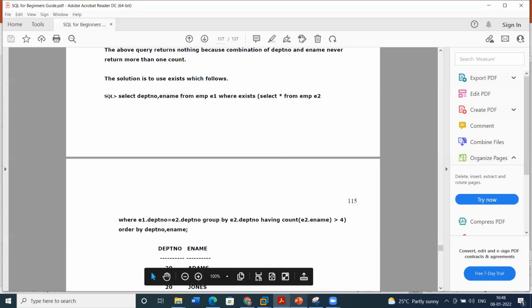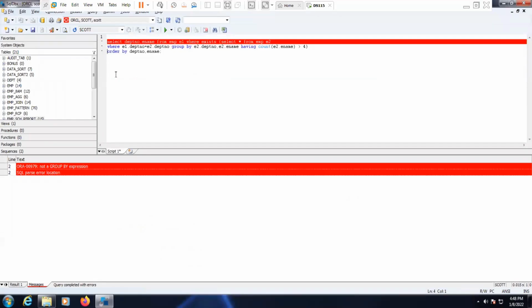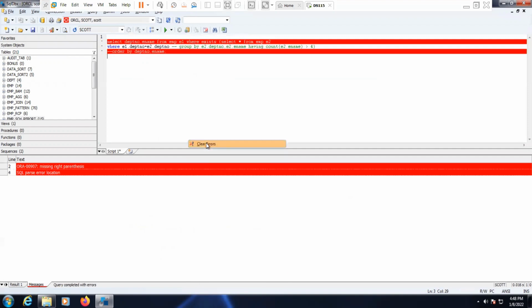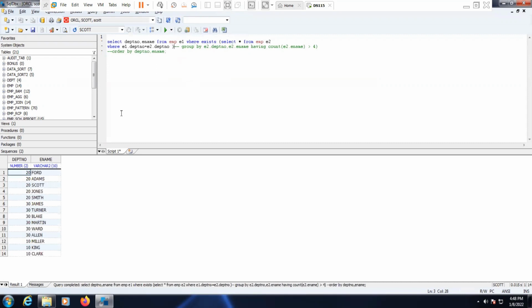I think ORDER BY is not needed. In parenthesis, you can check the employees greater than 4.